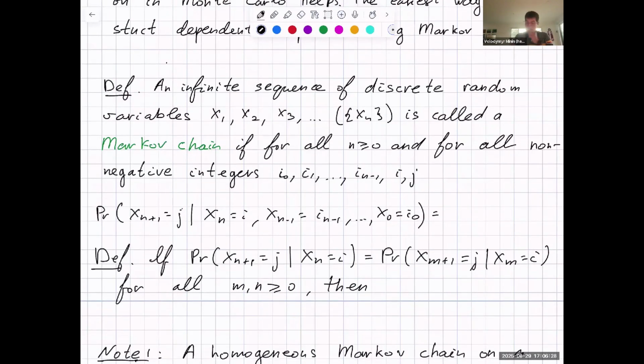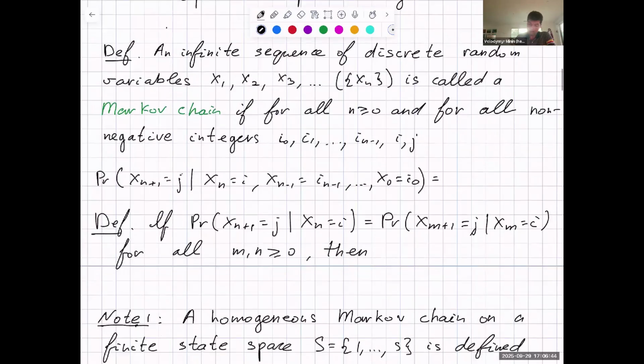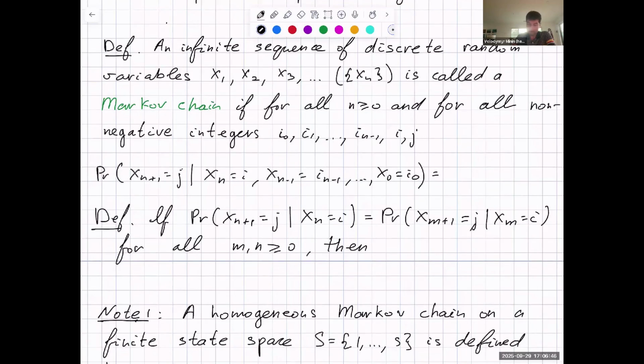Okay, so an infinite sequence of, I'm going to use discrete random variables. It does work for continuous as well, but it's easier to start with discrete. It's called a Markov chain if, for any non-negative integers, and I list here lots of these little indices, they are just placeholders for some numbers, right? I need to plug in some numbers. So what we're doing in this line right here looks complicated,